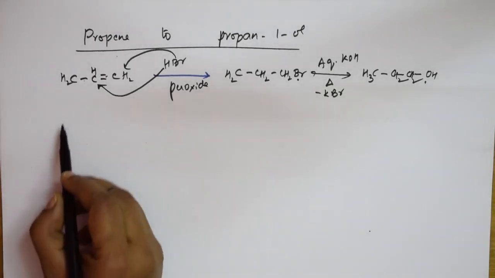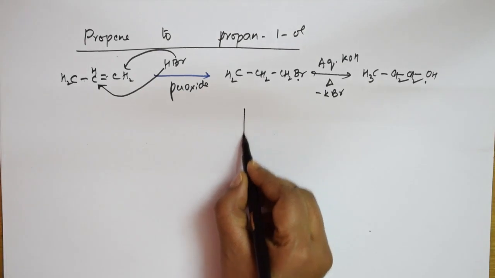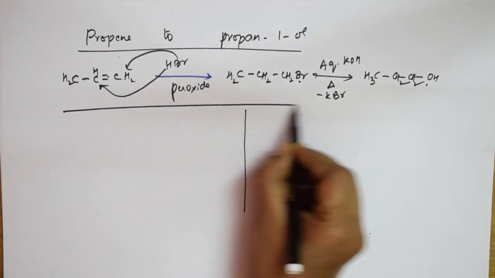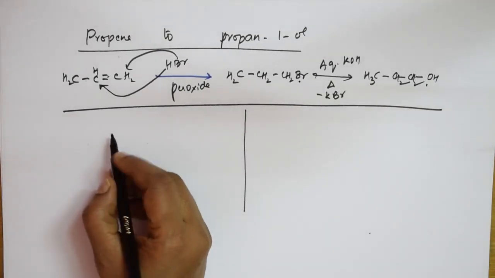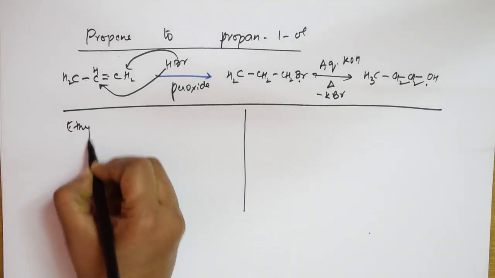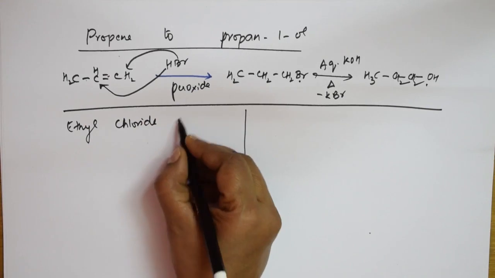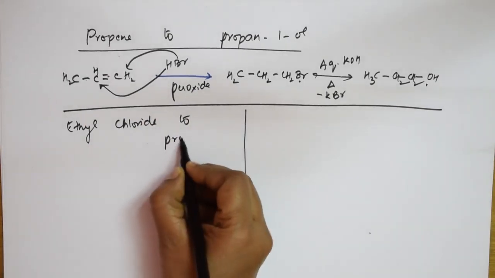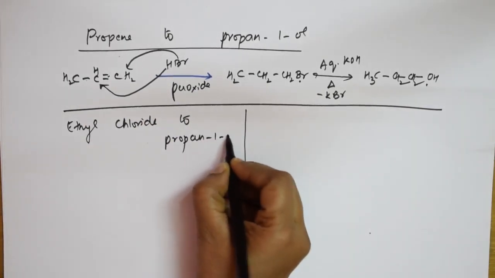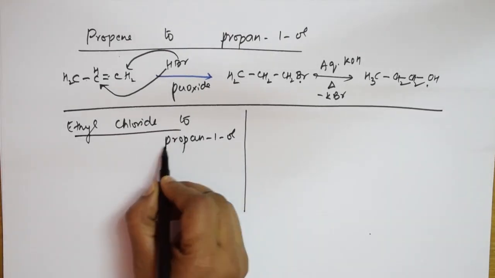Now I have two sets. What did they give me? They have given me two combinations. Let us divide this page into two. Here they have given me to convert, according to the question, ethyl chloride to propanol. This is the question which I have copied. Done. Let me underline. Next question is